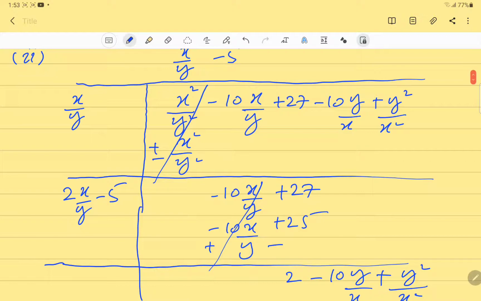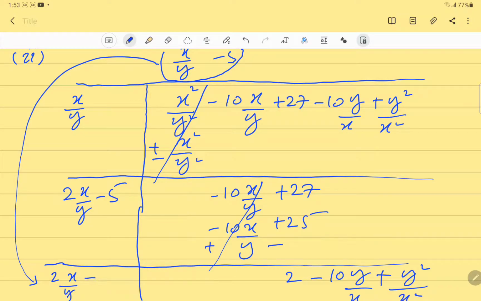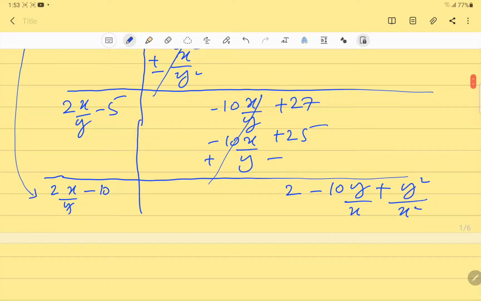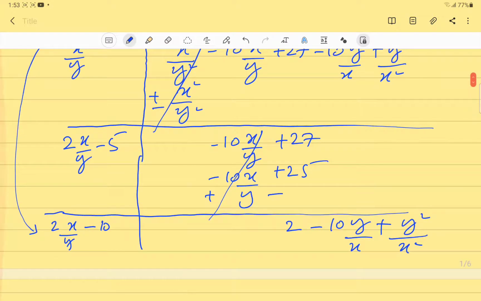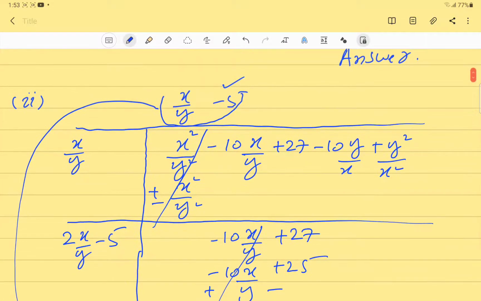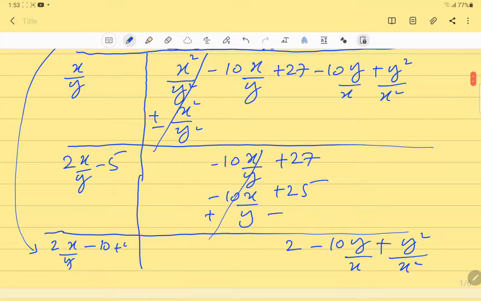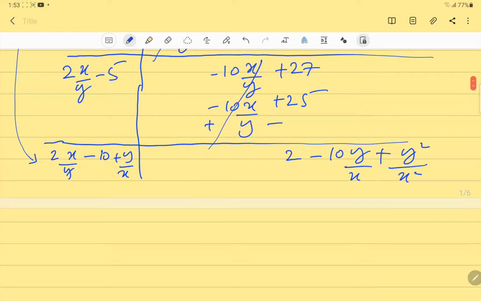Now we will take again double of this and bring it over here. So double will be 2x over y, and double of minus 5 is minus 10. Now we have to multiply 2x over y with the term which will give us 2. Obviously it will be reverse of x over y, which will be y over x. Same we have to write here, y over x, and that will also come over here. So when we multiply with y over x, we will get,